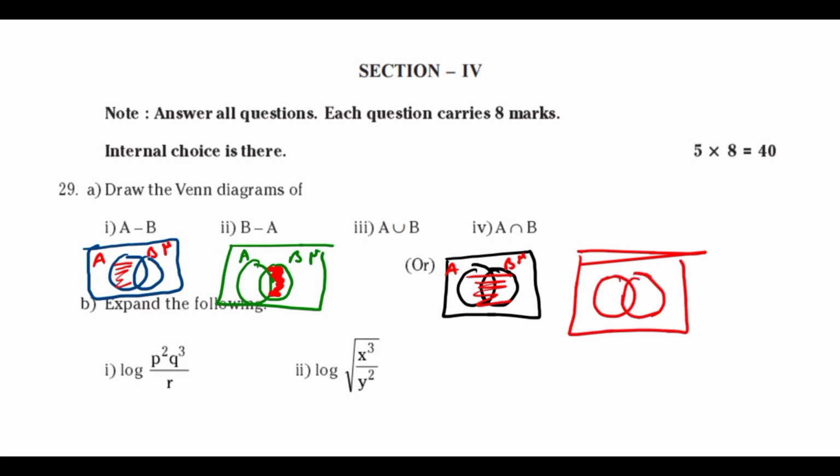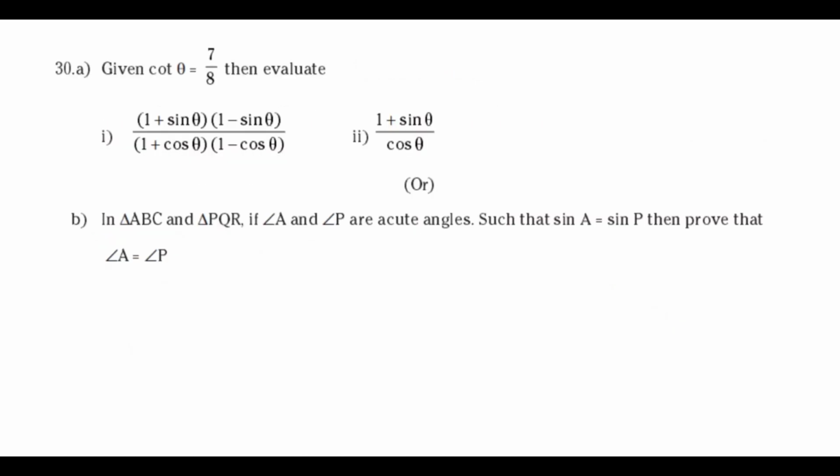Next for the choice, both are expanded from direct questions from the textbook exercise. You can refer to it. Question number 30, 2 out of 2 questions are completely from textbook questions. Both questions are direct questions from the textbook. This is from exercise 11.1, question number 7, and this is example 2. Both are important model questions. Once you check it in the model paper from the class books.